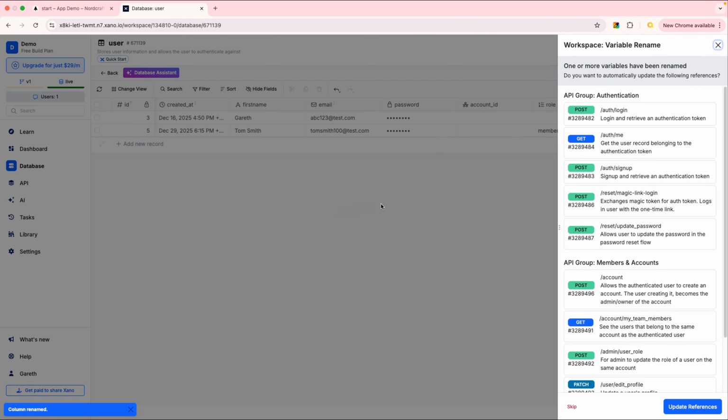Yes. Now what it's recognized here is that that's going to affect quite a number of different APIs. The only ones we're really worried about are the login and the sign up. So it's just saying, do you automatically want to update the following references? And so let's just say yes and get that done. Let's get that out of the way for us, so we don't need to go through each of these and